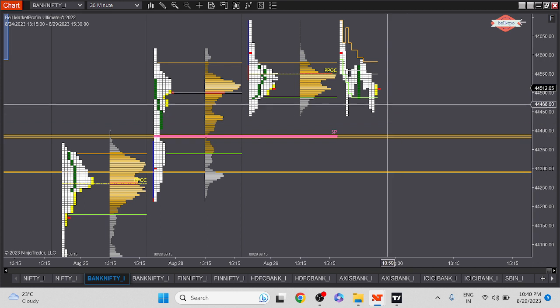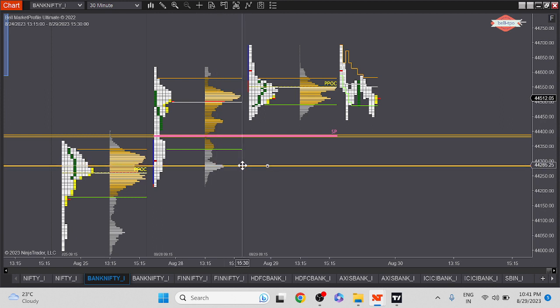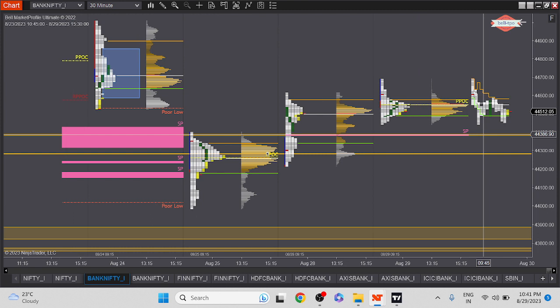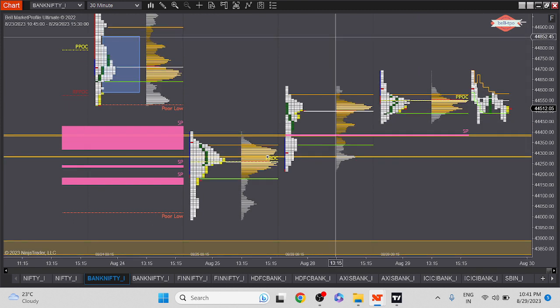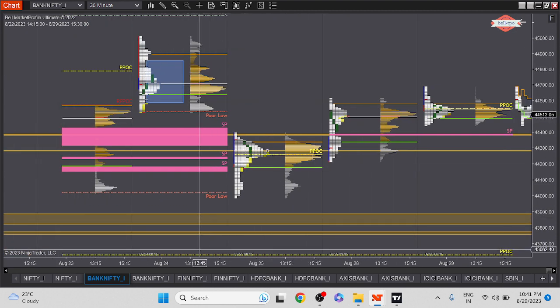Now what next for the market? So for next, this is the lower level support, it would act as a support, which is 44390 to 44380, a 10-point support zone. And then we will have supports on the lower side, which is around 44285 and all this level. So if this level breaks, maybe we see a sharp cut in the prices. And the high we just discussed, right? 44856 would be the first target, and then we will have a single print resistance on the upper side.